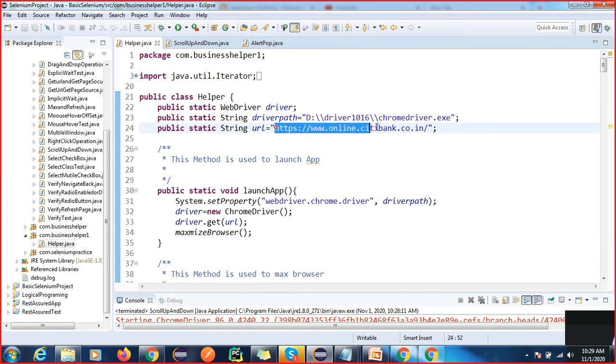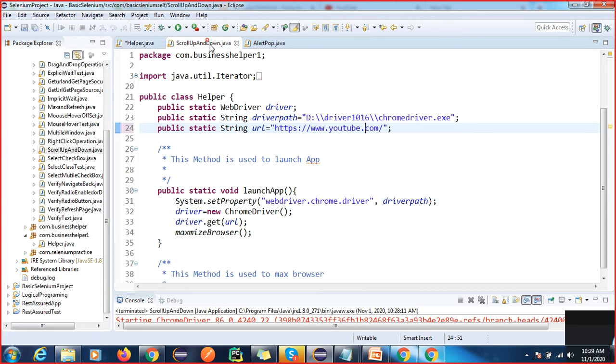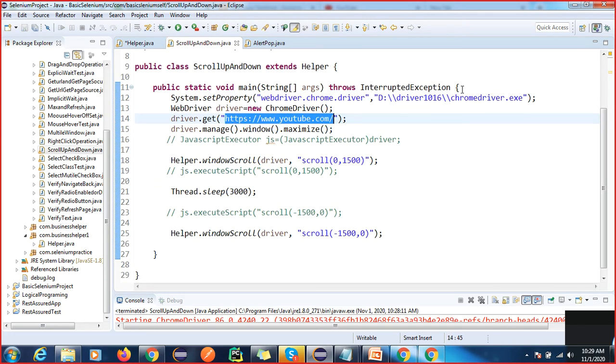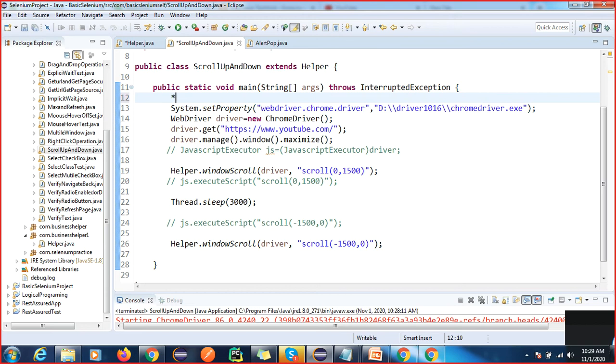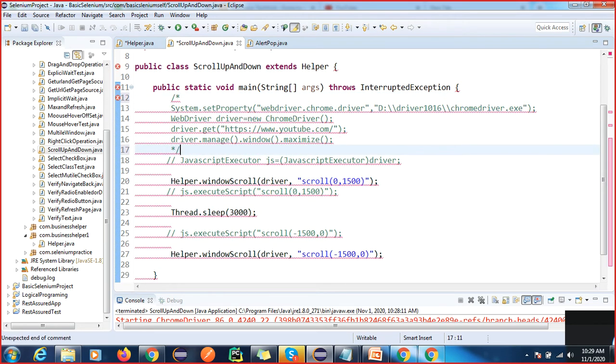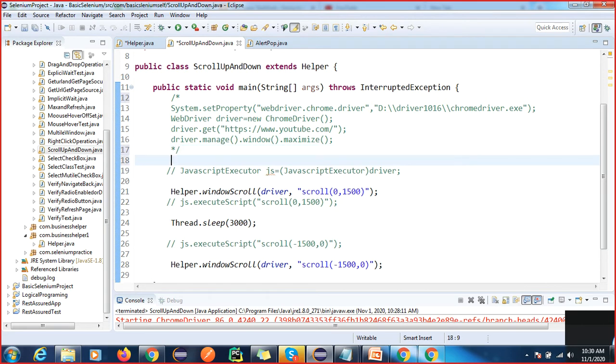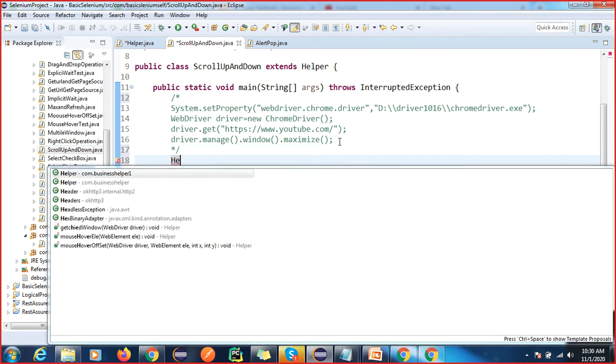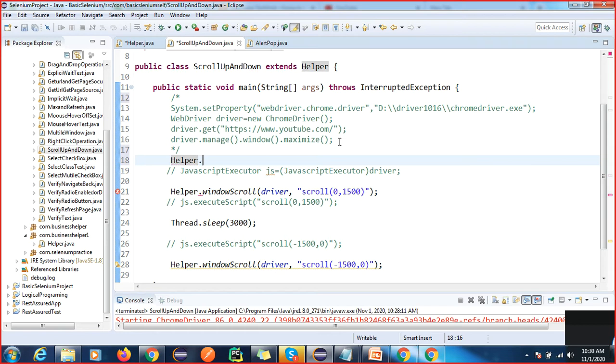You can just change this URL. We are working on one project, right? We are not going to change the URL always in real time, because the project is only one. Here we are doing the practice for different topics, so that's why we are going to change the URL or application. Okay, simply this repeated line of code, we have covered in a very short way.